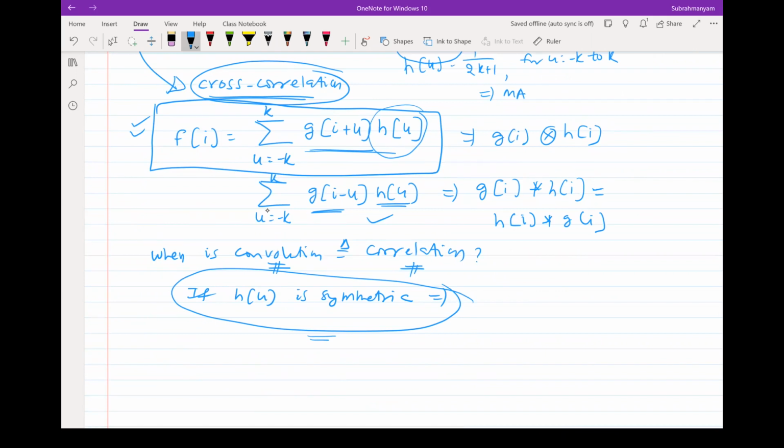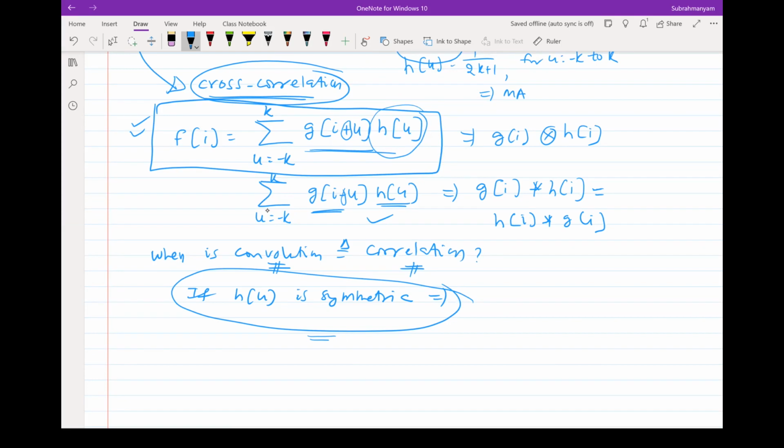Then the next question is, which one do you prefer now, if they are the same, convolution or correlation? Computationally, which one should be easier to implement? Assume that you are not calling any function, you just want to implement it by writing your own code with for loops. Which one do you go for? Computationally, both should be the same. For correlation you go forward in the loop, and in your loop, instead of plus here, you would keep minus here. That's all. It is not going to make any difference.